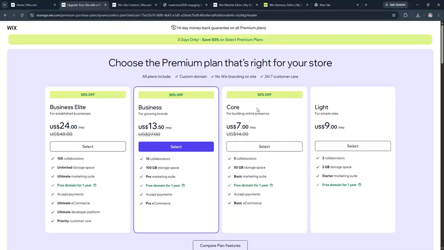If you're running a business and need more robust tools, Wix XP might be the way to go. But if you're looking for something simple and straightforward, sticking with the standard Wix might be best. It's also worth noting that Wix XP might come with a higher cost, so you should consider your budget as